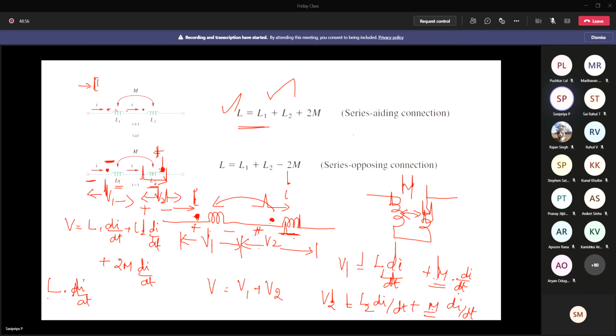Next we are going to see the combination with resistance and inductance, because this inductance may have some series resistance, right? Maybe we will continue in the next class. We are going to consider the circuits with resistance and inductance combination, with different combinations, series and parallel connections, all those things. Okay, we'll do the analysis.